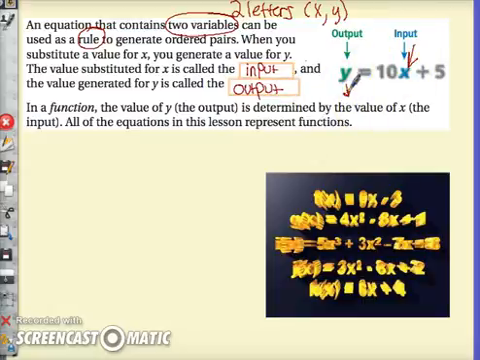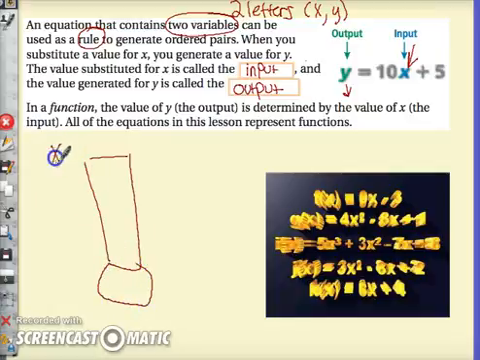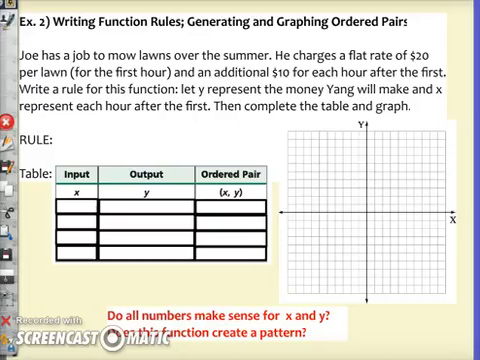I always think about it like it's a machine. You have your function machine. It's like a little blender. You have your blender. You put all your X's in. They go in. It gets blended up. It does all kinds of operations. And then out comes your Y. That's why your X comes first. X, comma, Y. Input, comma, output. Writing function rules. Generating and graphing ordered pairs. Here is our